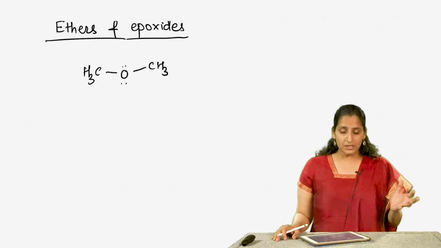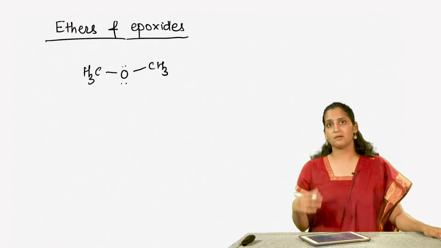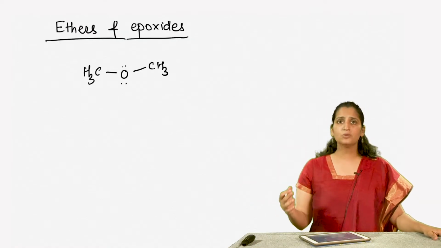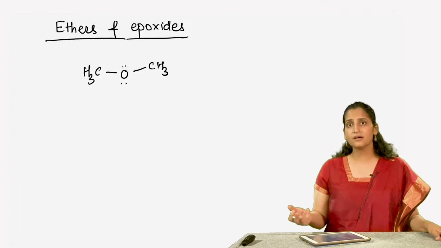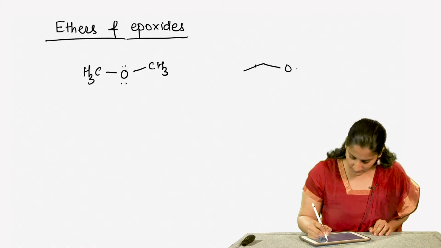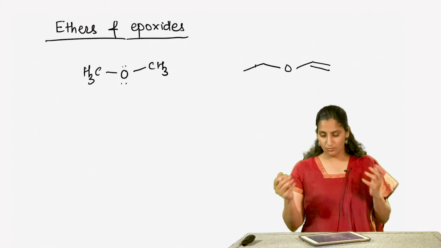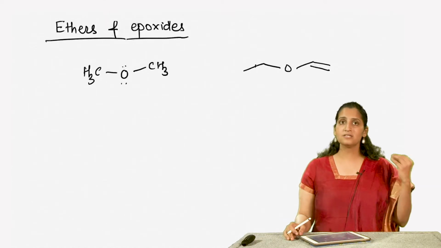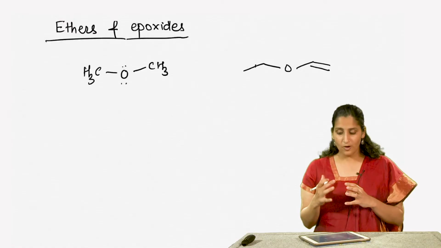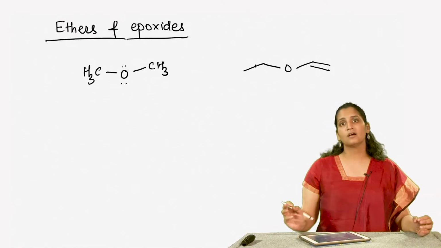Now, it may not be necessary that the oxygen is always attached to sp3 hybridized carbons. In fact, it is possible that the oxygen is attached to sp2 hybridized carbons. So, for example, here we have ethyl vinyl ether, which is this, in which one of the carbons is sp2 hybridized and the other one is sp3 hybridized. And as long as the oxygen is kind of sandwiched between these two carbon atoms, the compound can be called